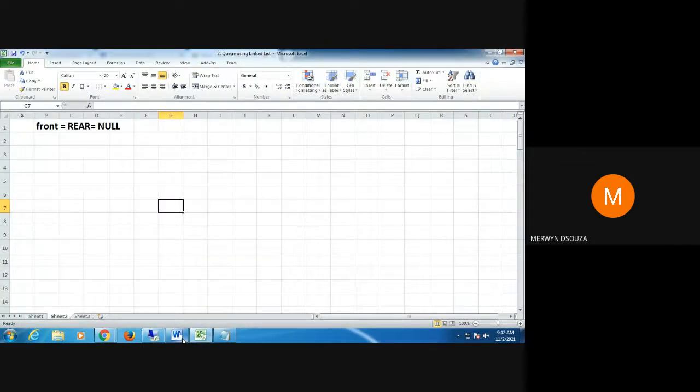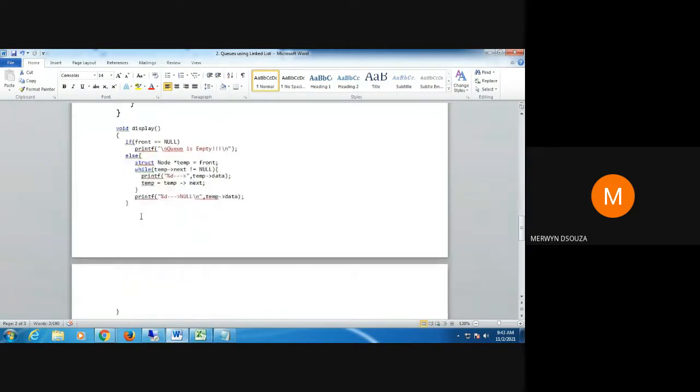There is one more function left here, that is your display function. The display function is basically going to display all your values using a while loop. This is similar to what you have done in your single linked list, so I will not explain that.